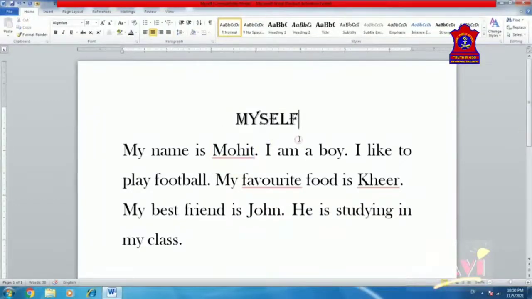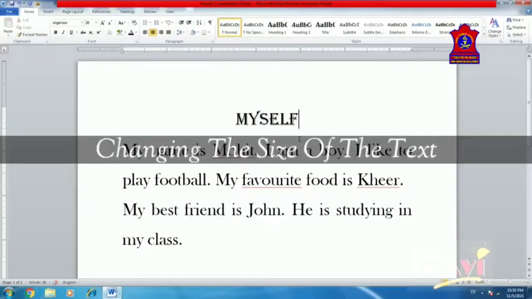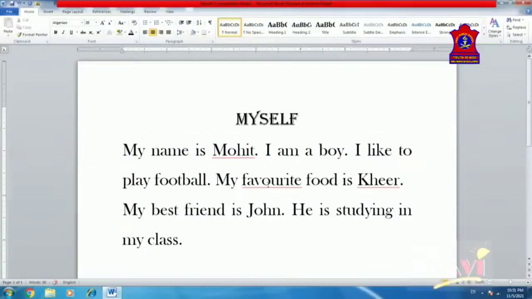Okay, next we are going to learn changing the size of the text. Now see here how to check the size of the text. Just click on the word and go to Home tab. From here go to font group and see here font size. Font size is 28.